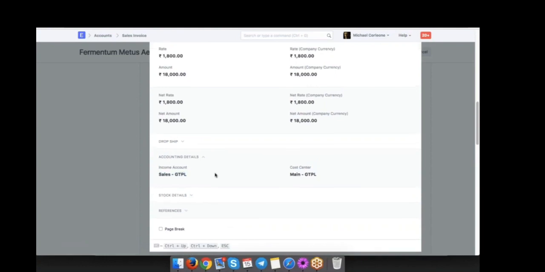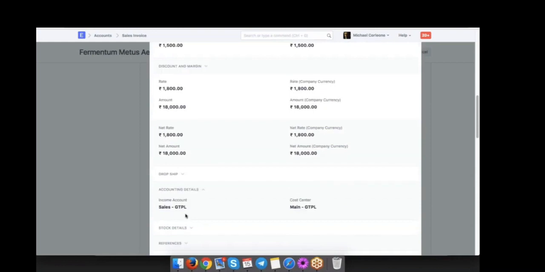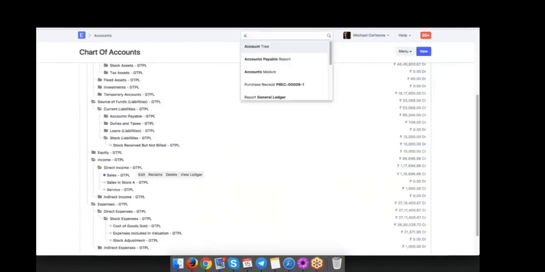So you can have different income accounts selected in here. You can define item wise income account if needed. So that's the thing, and then you can also use cost center for tracking budgeting. This is it. We have the sales invoice. So now if we see